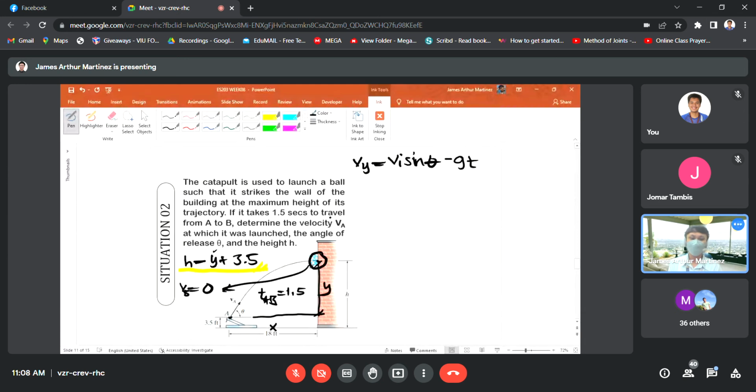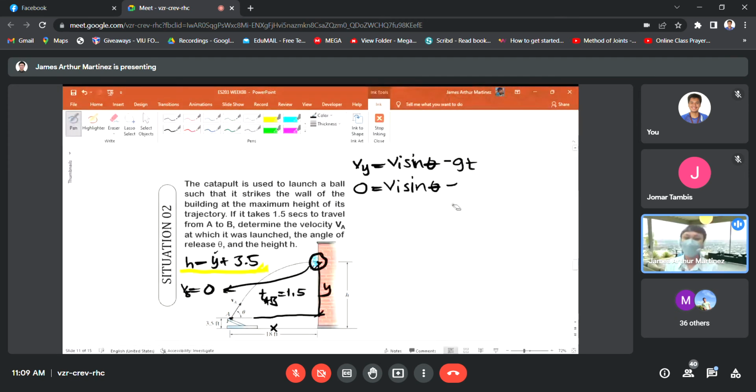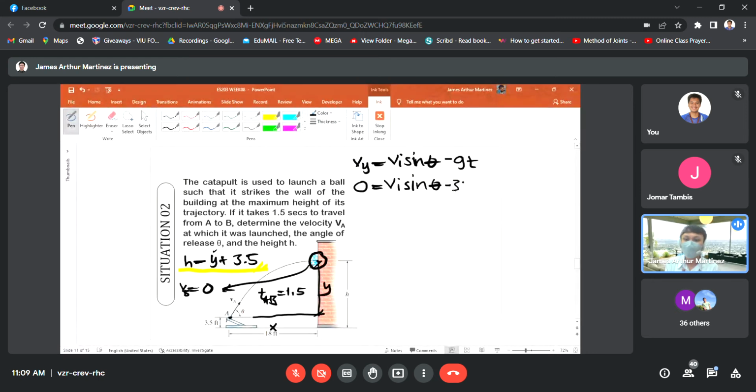Our final velocity at point B is equal to 0, so the y component of the final velocity is equal to 0, equal to the unknown initial velocity times sine theta, where angle theta is also unknown, minus... We're given length in terms of feet, therefore we will adapt the US customary system of units, so minus 32.2